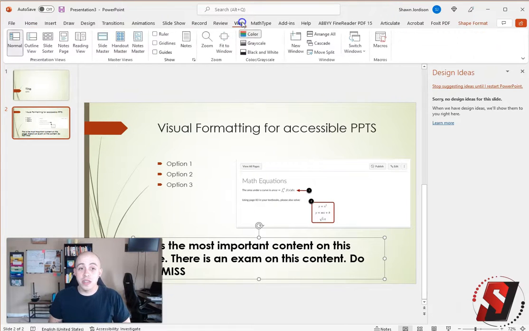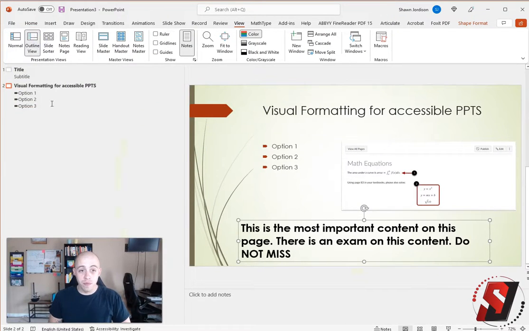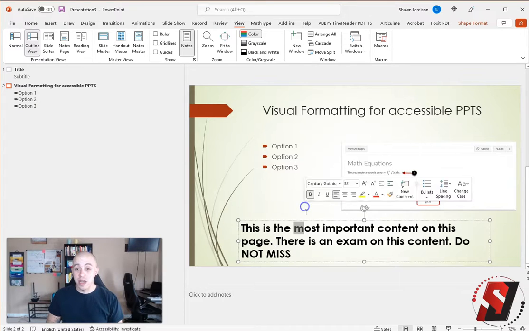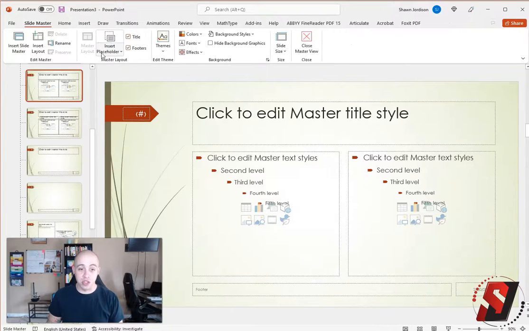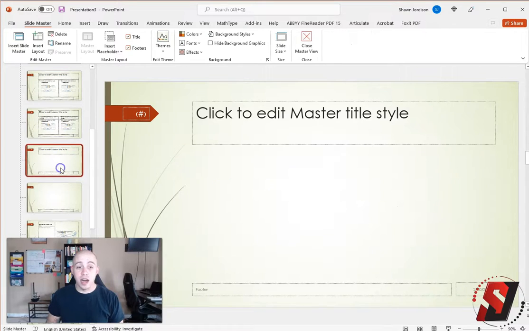But if I go to View, Outline View, what do we notice is missing? Only the most important text box. So when you use content that is outside your slide design theme, that content is not communicated the same way with assistive technology. In fact, the best method to actually get this to appear would be to go into our slide design master. If I select the View tab and then select Slide Master, this gives me a breakdown of